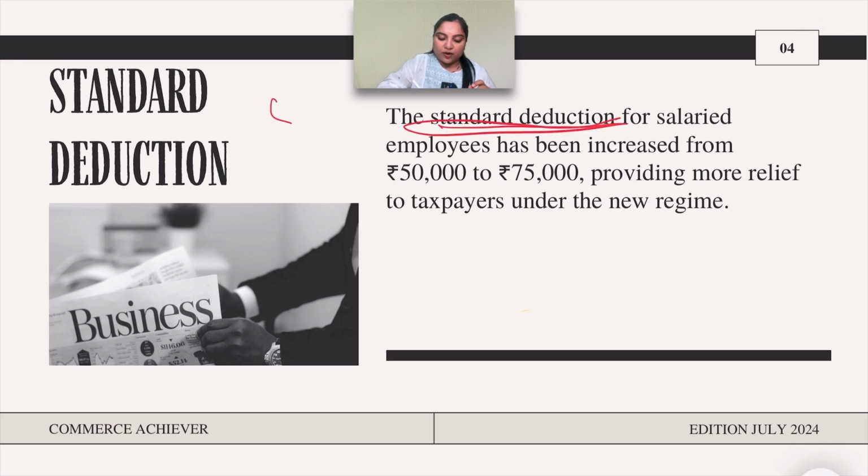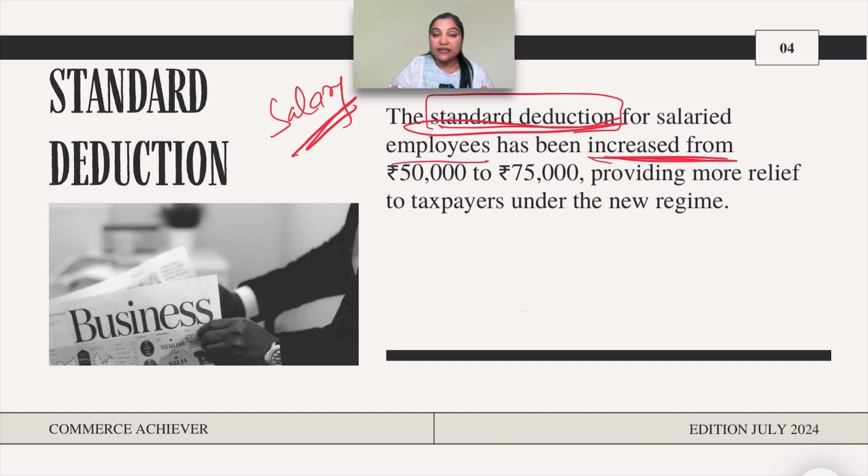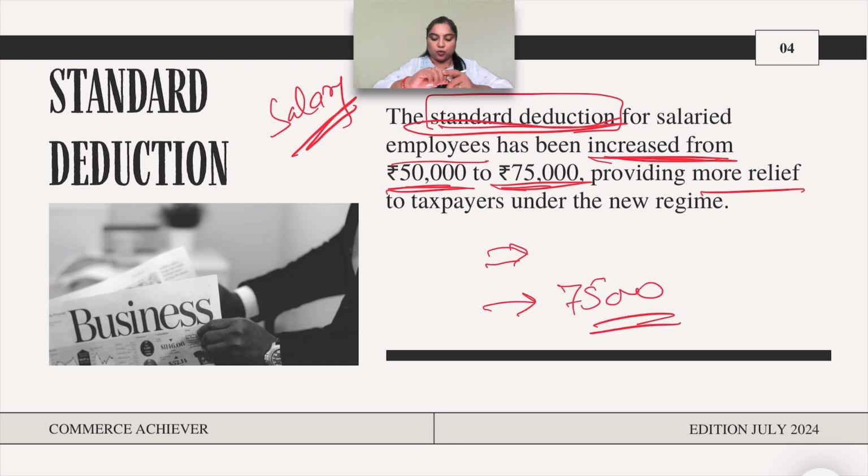This topic is related to the income under the head salary. That means if you are a salaried employee, or if you are calculating for the purpose of salary, then the standard deduction, which is given to salaried employees, has been increased from 50,000 to 75,000, which provides more relief. That means earlier, in the old regime, you were allowed rupees 50,000 as a standard deduction, but now with the effect of Budget 2024 you will be eligible to receive 75,000 as a standard deduction. So the standard deduction has been increased, providing more relief, which is limited to the salaried employee. I am only focusing on the salaried employee, that is, an individual. Okay,